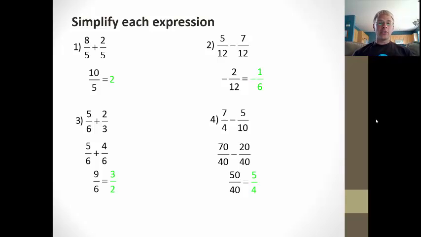Because if one of the denominators is a multiple of the other, 6 is a multiple of 3, 2 times 3 is 6, you can keep one of them the same and just change the fraction with the smaller denominator. So you can see the 2/3 changed to 4/6, the 5/6 stayed 5/6, and then I had a common denominator to add. Now 10 is not a multiple of 4, so I did have to change both of them. I multiplied the first fraction by 10/10, multiplied the second fraction by 4/4, got my common denominator, subtracted,